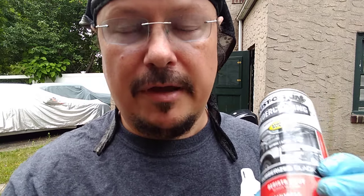We're talking about rust proofing today, specifically undercoating, and it's controversial. A lot of people say that it makes your car rust out. Well, I'm going to tell you my take on this, and I'm going to tell you what actually does make your car rust badly. And it's not so much the undercoating, depending upon what you're using. Okay, maybe some people have used a bad product,